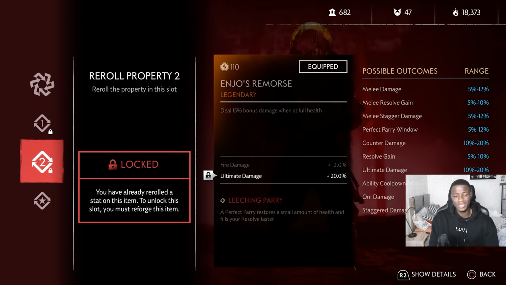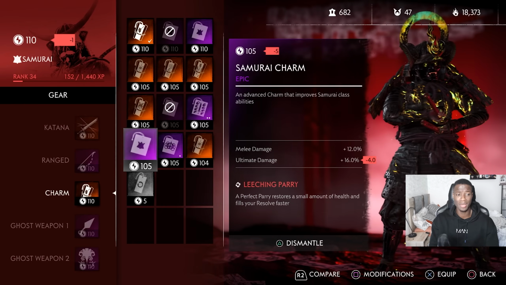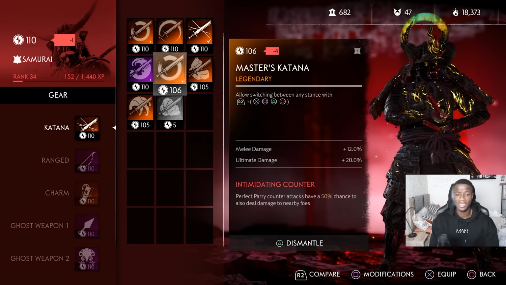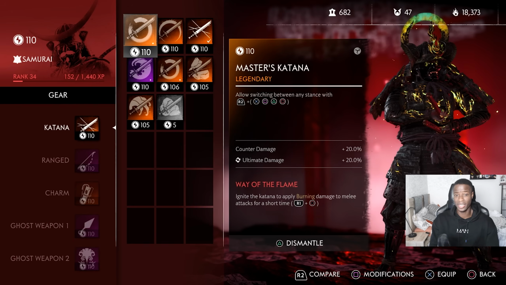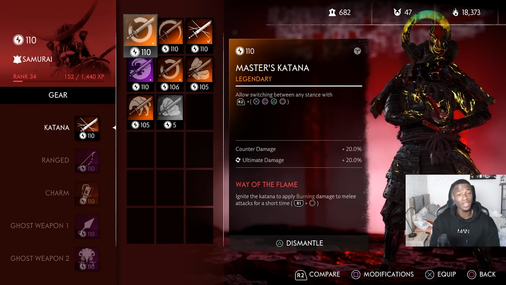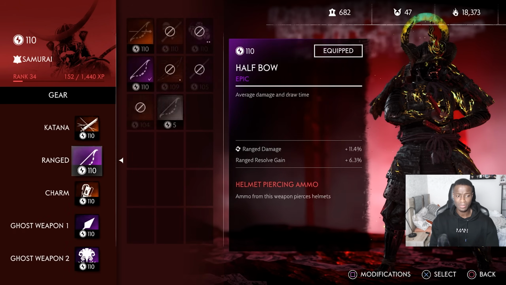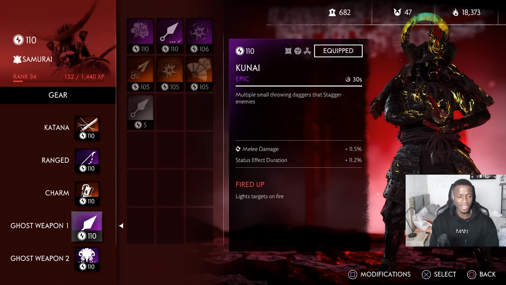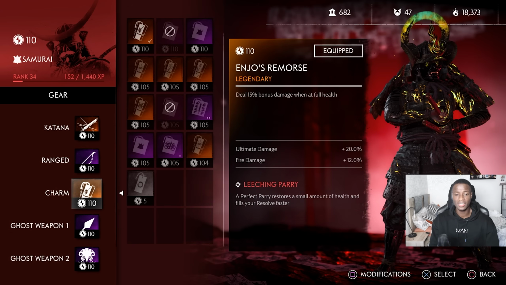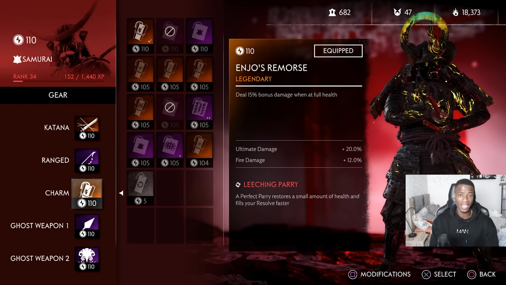Unfortunately for me, I don't have melee damage, but fire damage is good for me because sometimes I use my master's katana for survival, and I have Way of the Flame on it, and Way of the Flame deals fire damage, and since I have fire damage, I deal a lot more damage, including the 15% bonus damage of full health, which is crazy. So yeah, moving on, as I said, you want melee damage and ultimate damage, or melee resolve gain and ultimate